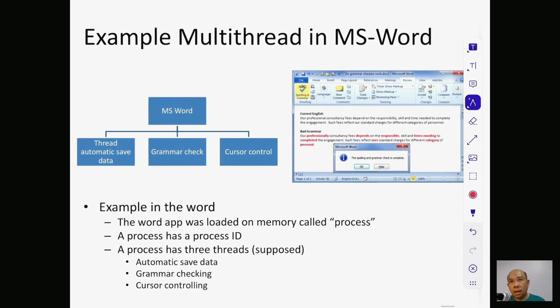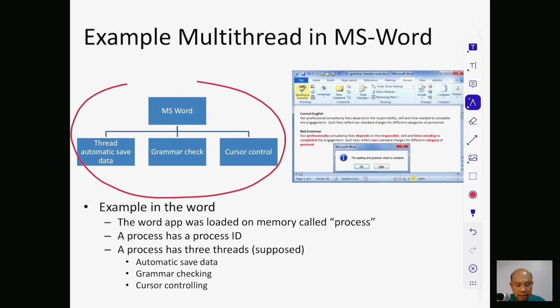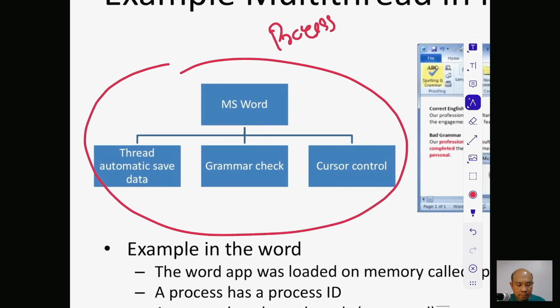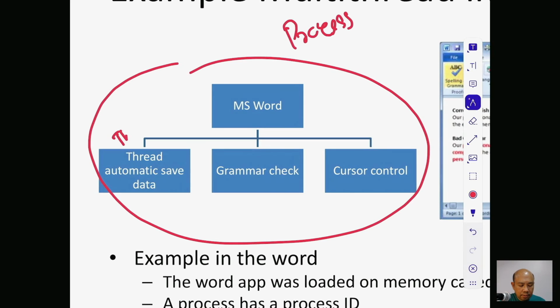I suppose I open Microsoft Word, and after Microsoft Word loads into the memory, it's called a process. Inside the process, there are threads. Thread one does the automatic save of data, and thread two